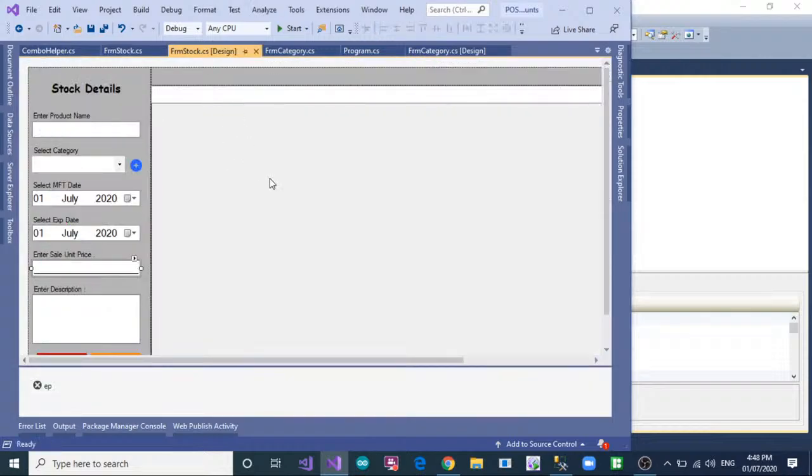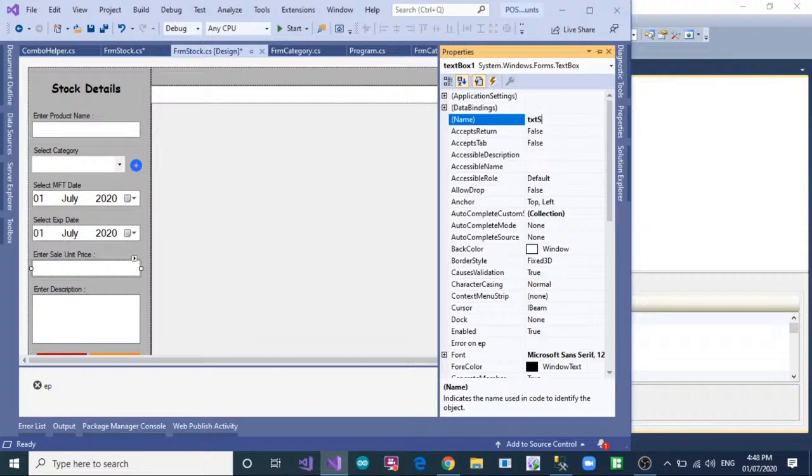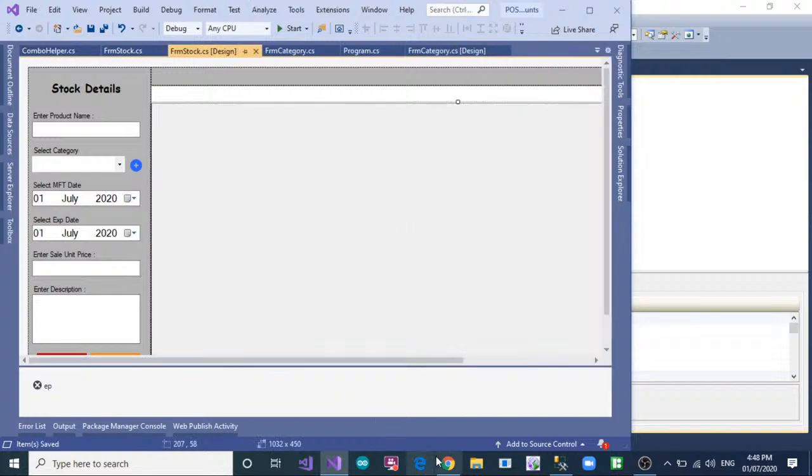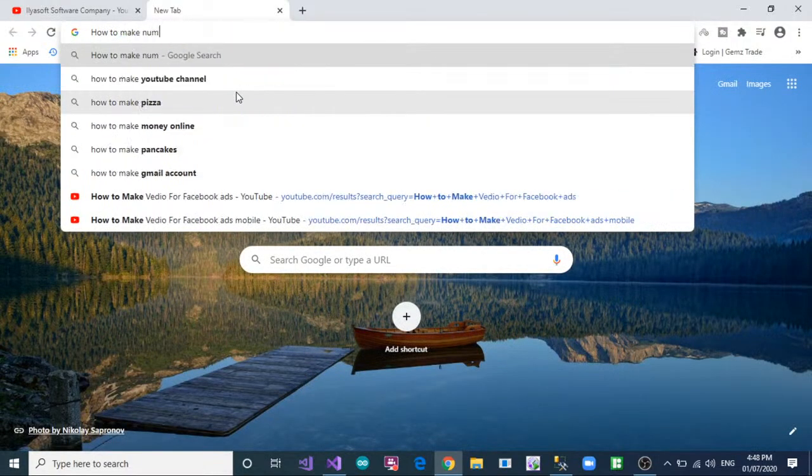Okay, but sale unit price. Select and remove this text box, copy this text box and paste here, and the name is txtSaleUnitPrice. Then go to your browser and type here is how to make a numeric